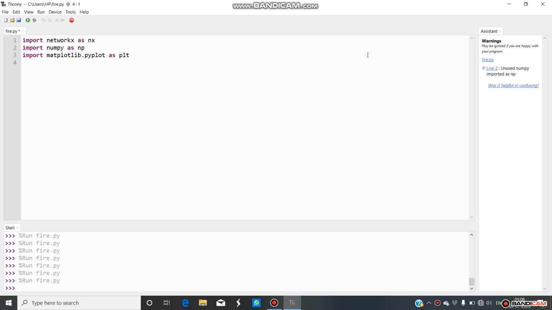For creating a graph, we have to import three important libraries: import NetworkX as nx, import NumPy as np, and import Matplotlib as plt.